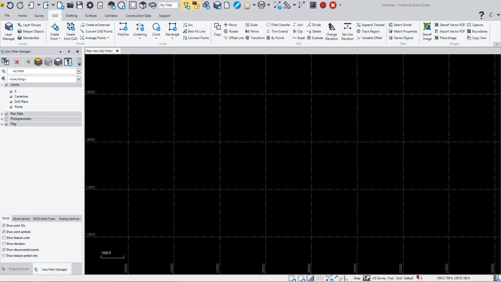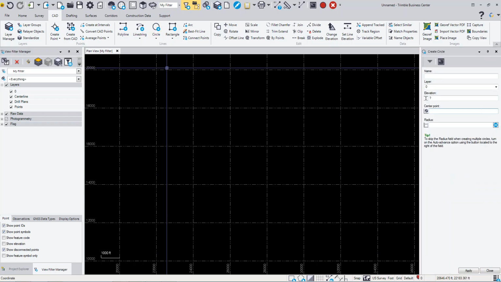In addition to polylines, points, and polygons or line strings, we also can create circles. Now there's two options for creating circles. There's a circle and a 3-point circle. The regular circle command, again, you can give it a name, a layer, an elevation for the center point, and